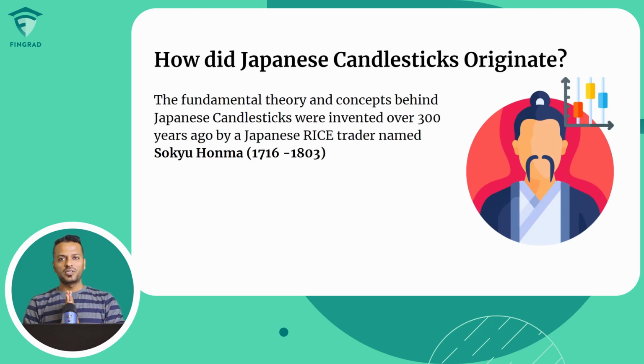So his logic was that if he plots all the prices which are important for the day, he can make sense of what is expected, or what could be expected, in the following day. It was a very nascent idea, but he made a killing out of it. A lot of money was made by him, and slowly it became a pattern which was used by other rice